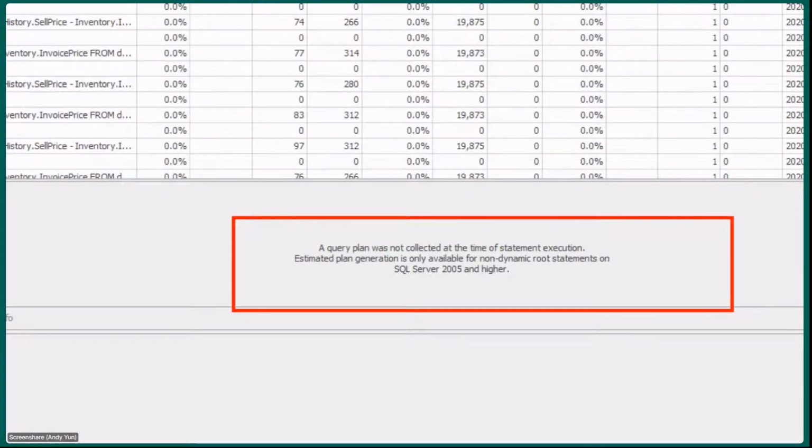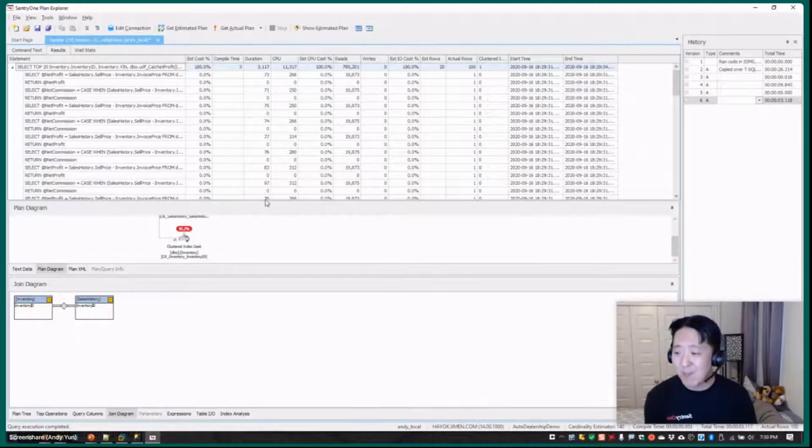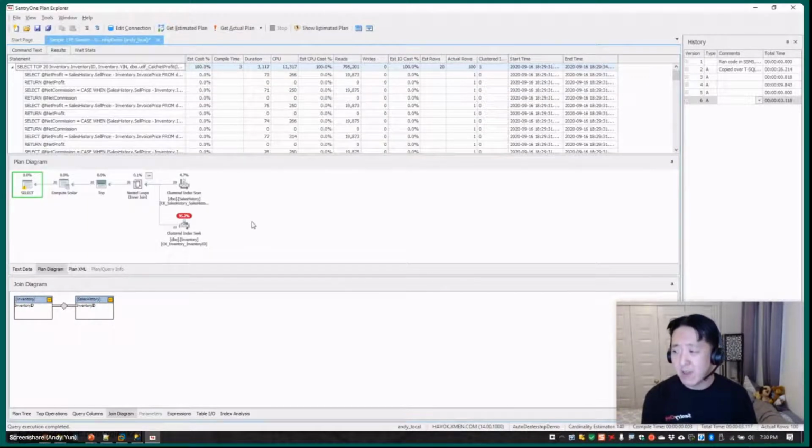Because of the way SQL Server executes things in its own session, or I don't know what the proper terminology is, because of the way these statements from the scalar user-defined function are executed, we can't get at this information. And coincidentally, you cannot get at this information inside Management Studio either. If I were to go into Management Studio and execute this code with Get Actual Execution Plan, the only thing you would be getting back is the outer